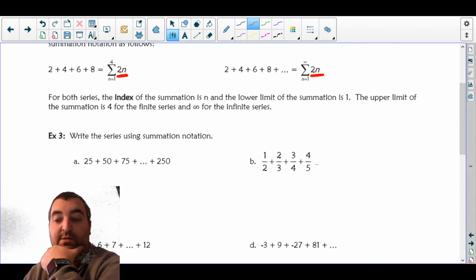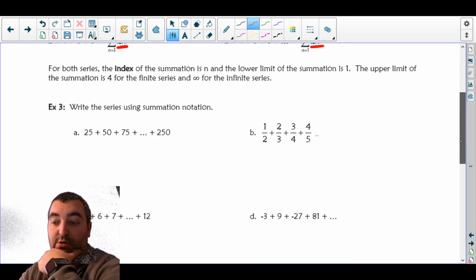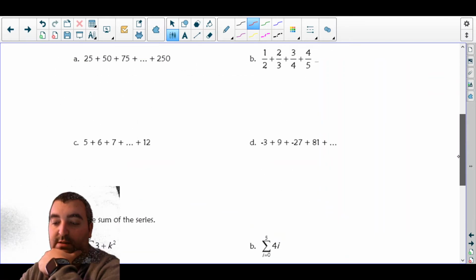So for both series, the index of the summation is n, and the lower limit of the summation is 1. The upper limit of the summation is 4 for the finite series, and infinity for the infinite series. So let's write a couple of these in